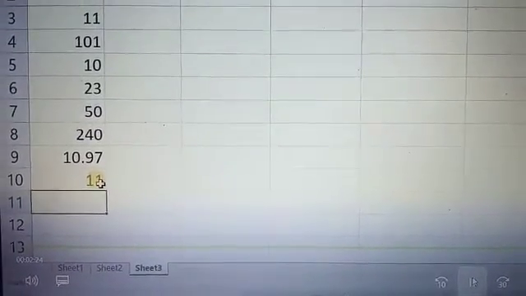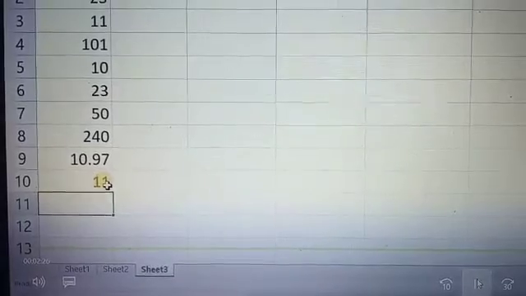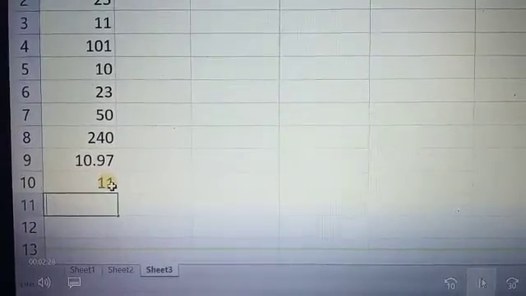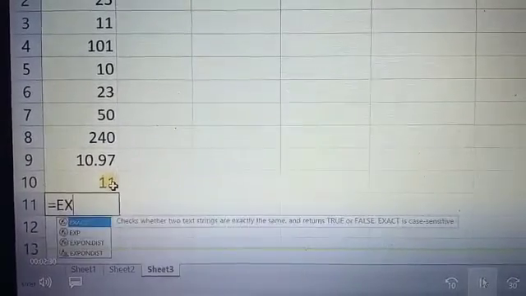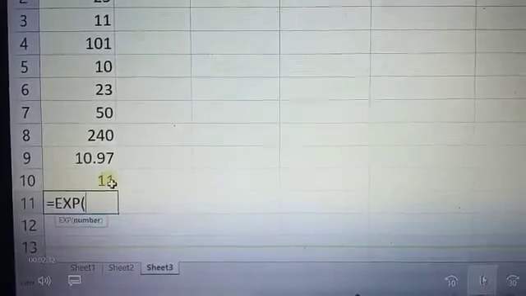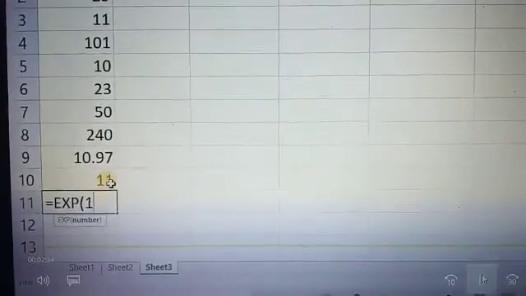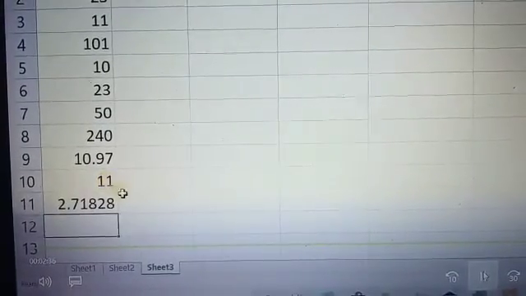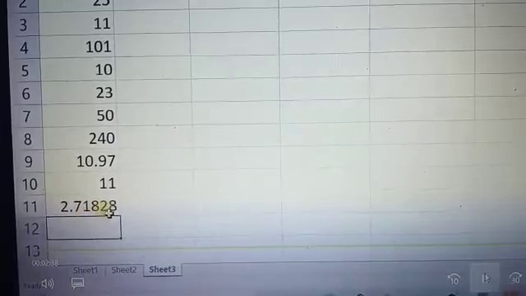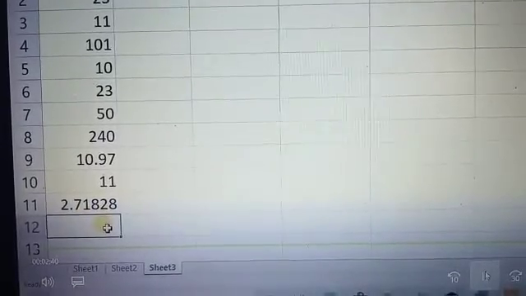The next one is the exponentiation function, exp. If I mention 1 here, it gives the output 2.71828. That is the exponentiation value.